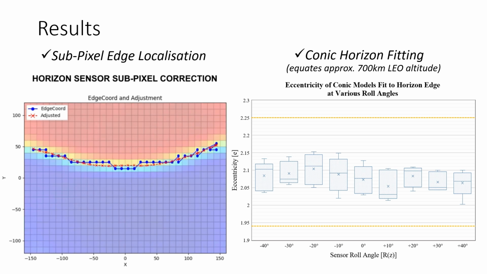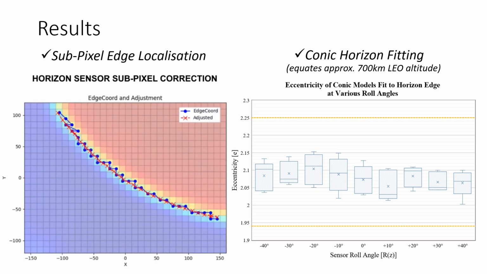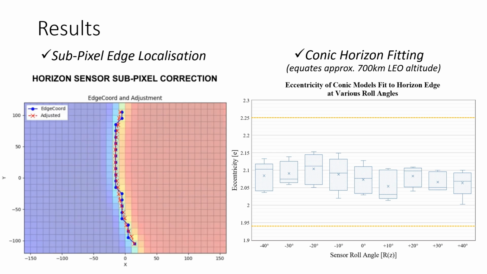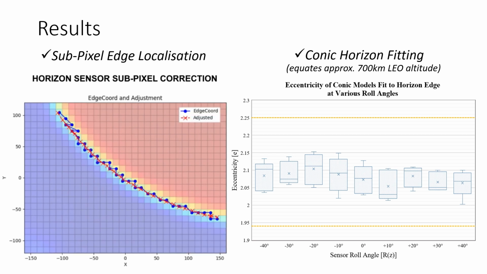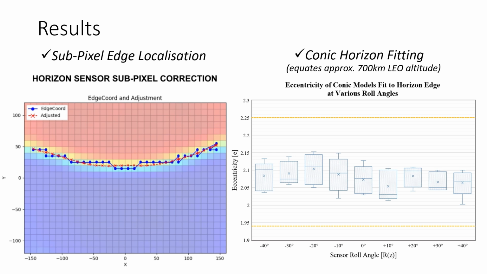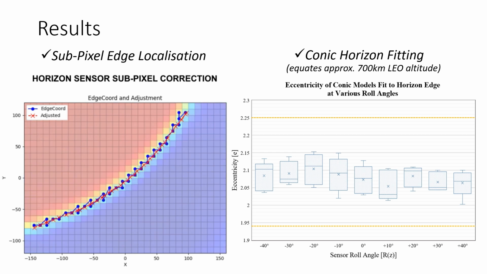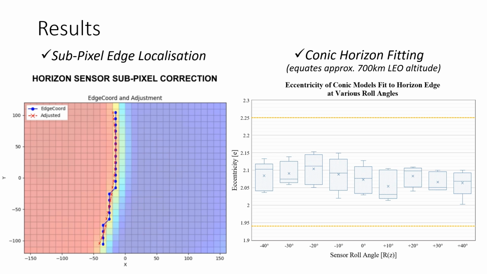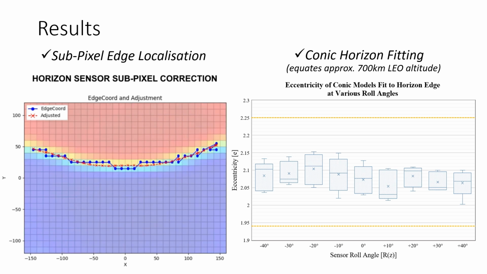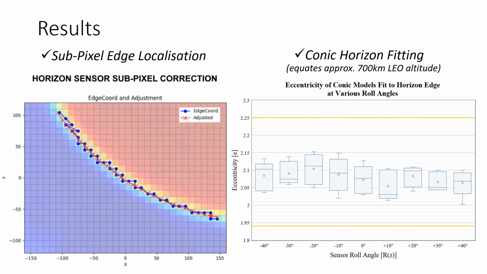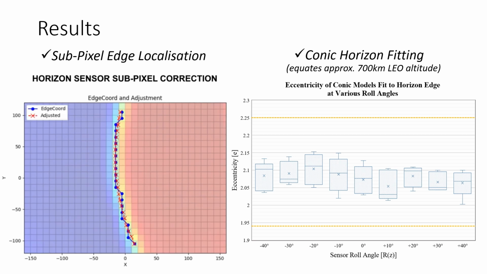Here we see the results of the conic fitting while looking at the test stand from various roll angles. So the yellow bounds at the top and the bottom of this graph represent the extents of the success criteria, and this is representing an approximate 700 km LEO orbit altitude. So it was evident through testing that the subpixel edge localization allowed a much tighter inlier tolerance to be stipulated on the conic model fitting, and it was deemed to be a key contributor to the accuracy that was able